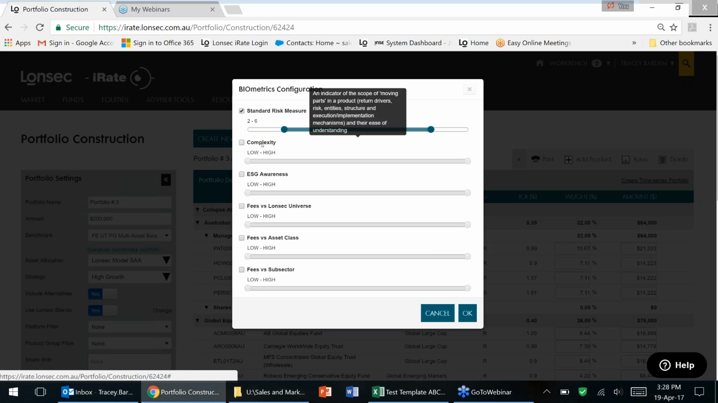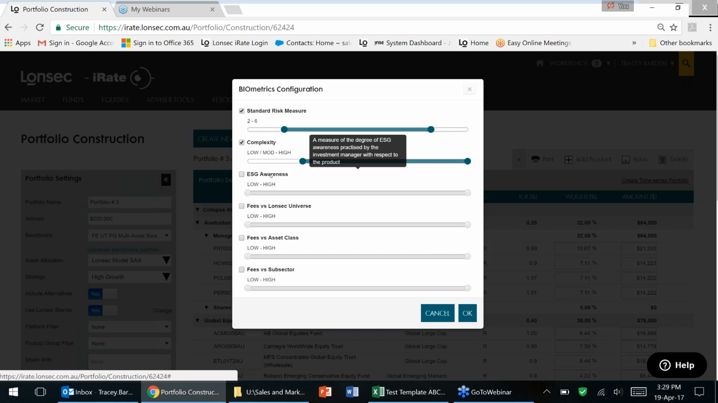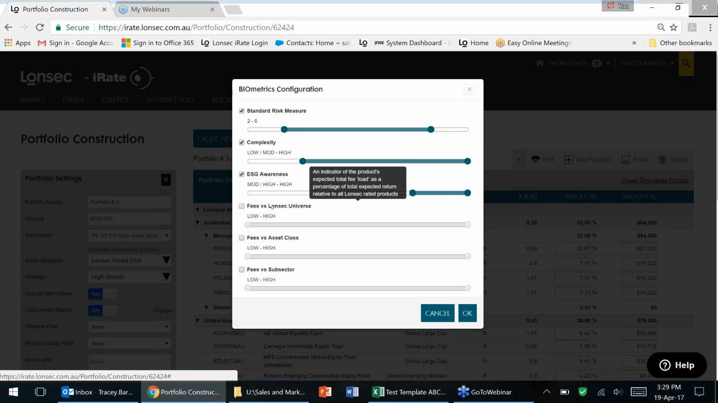Your complexity then. This is an indicator of the scope of moving parts in a product and their ease of understanding. Depending on how complex, maybe you just want them between low to moderate. Then your ESG awareness. This one is quite popular. This is a measure of the degree of ESG awareness practiced by the investment manager with respect to the product. So if we want this to be quite high,